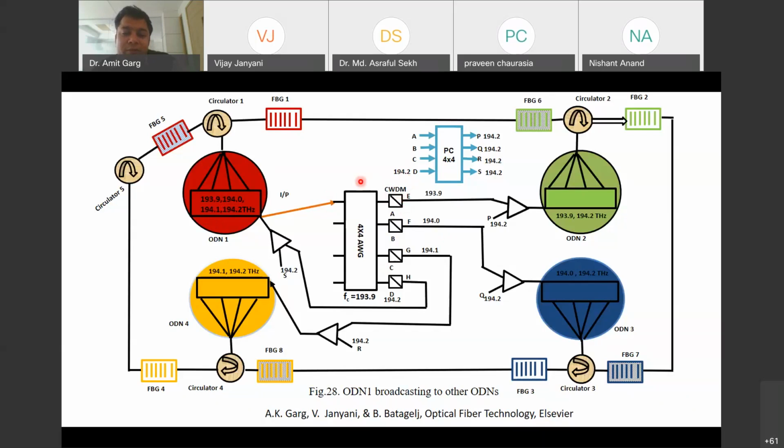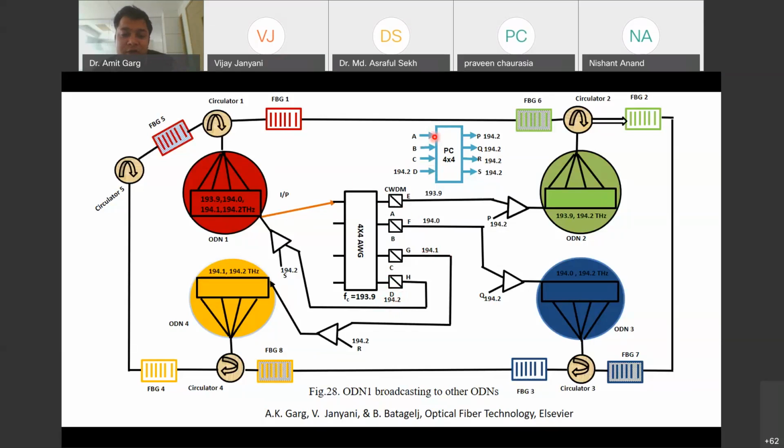Then at the ports, 193.9 wavelengths will come here, 194.0 here, 194.1 here, and 194.2 here. Now this 193.9 will come at this point, 194.0 at this point, 194.1 at this point. And now this CWDM is separating this particular wavelength, that is 194.2.